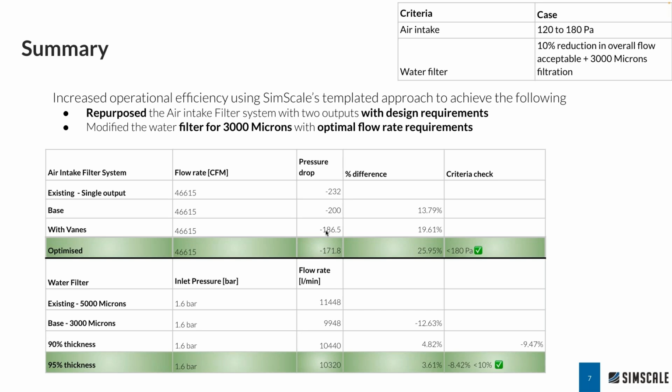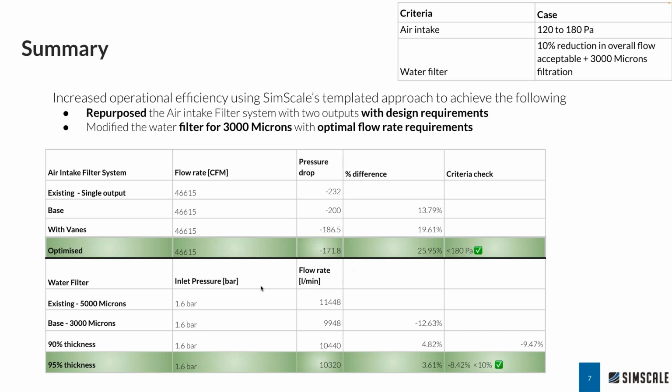So we further went down, added the vanes and optimized the duct in terms of the smoothness at the corners, and finally ended up with a pressure drop of 171 pascals, which satisfied the criteria here. This is an overall reduction in pressure drop of about 26%,